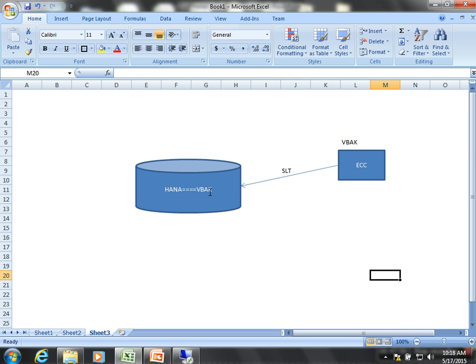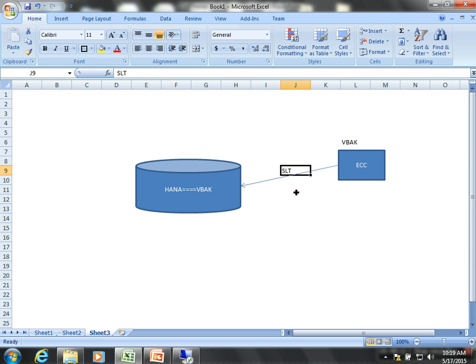That could be one. And one more thing, then what will you say? You will say, I'll use BODS or I'll use DXC. If you're using DXC, it means you're using BW functionality. If you say you'll use data processing as DXC, where I can use an LO extractor or any extractor, it means you're using BW functionality only.